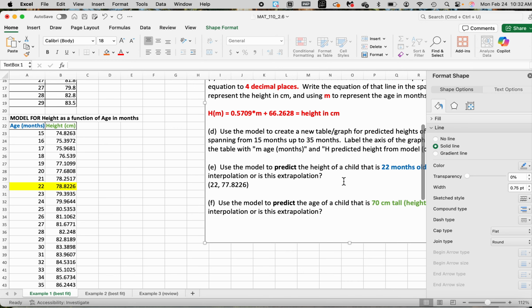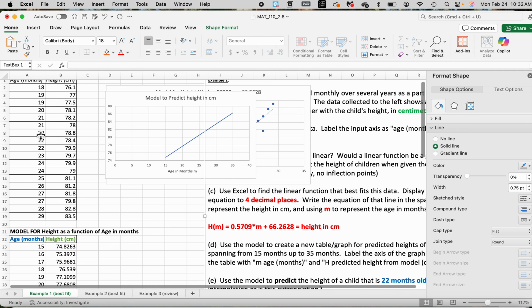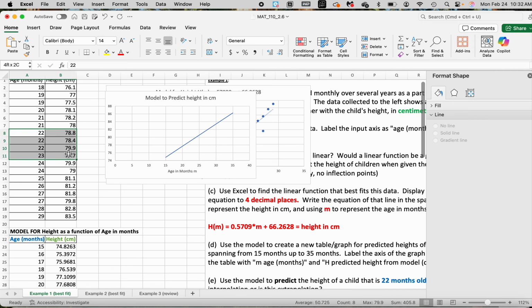Okay, I can also write that as a sentence. When the child is 22 months old, our model predicts a height of 77.8226 centimeters. Okay, so notice up here, from my actual data, I have 3 data points of actual children at